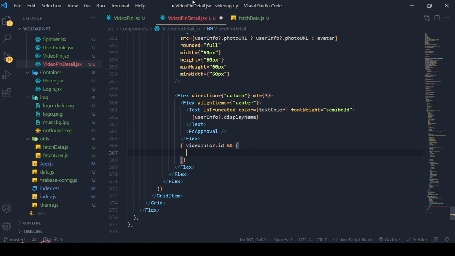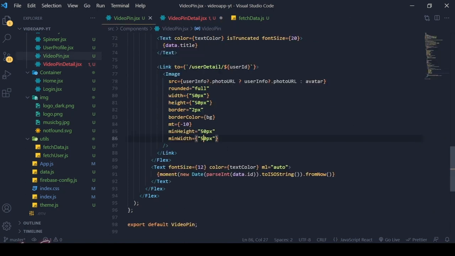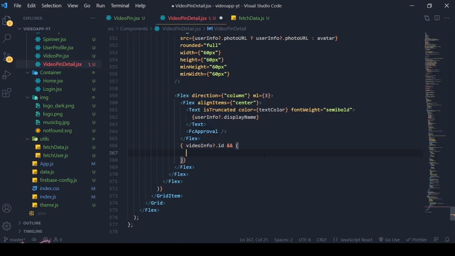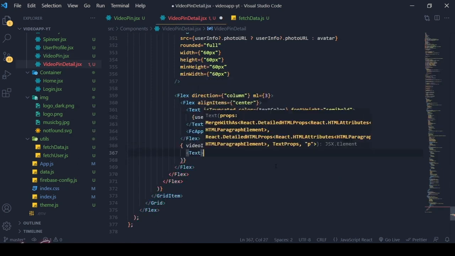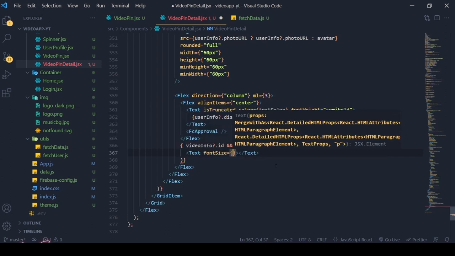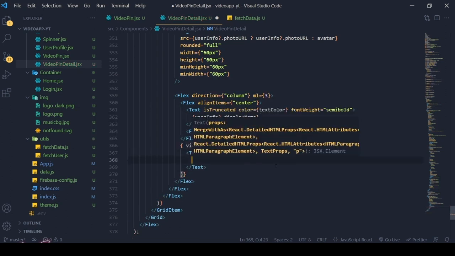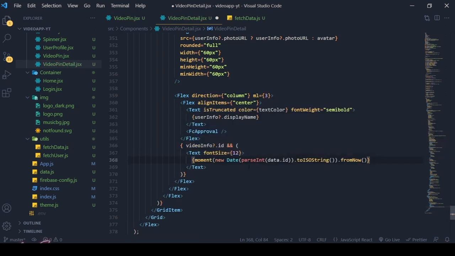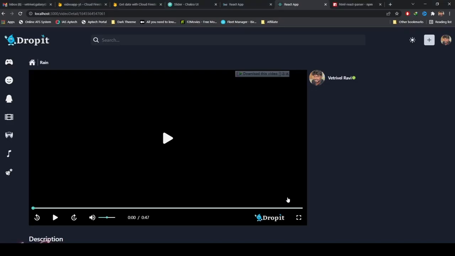Then we already have that moment in our video here. We're just using the same thing. Copy it and then open the text and fix the font size as 12 and paste it inside here. But this time not data.id, videoInfo.id. Save the changes, and now you should see that